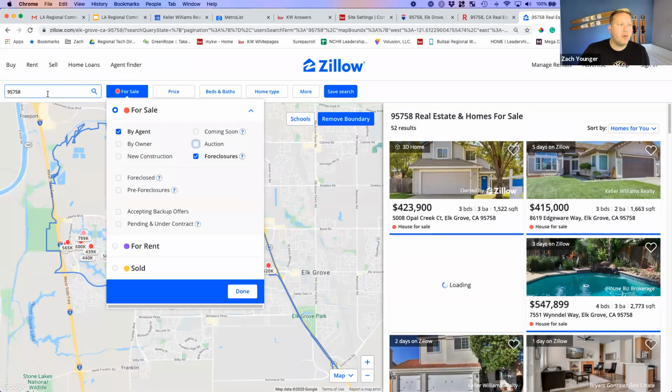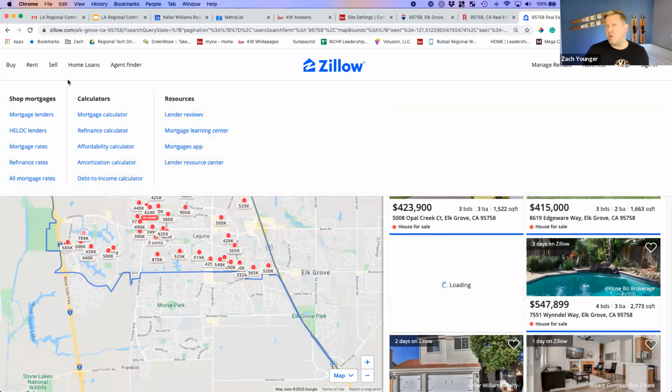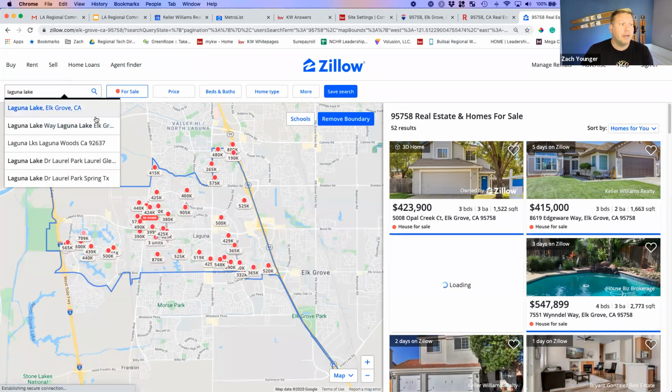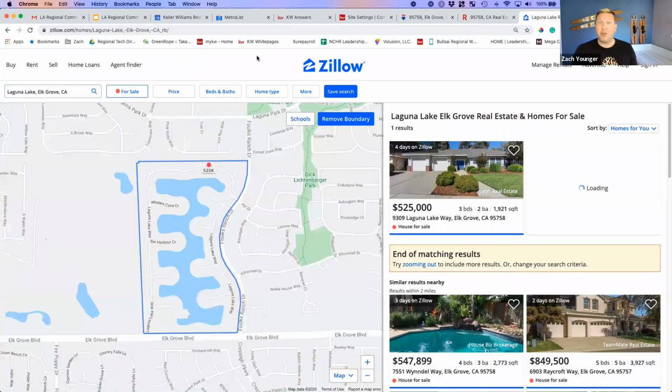And let's just say that we wanted to do a search, not for a zip code, not for a city, because all these websites can do that, but let's do a search for a neighborhood. So I live in Laguna Lake. So I'm going to come in here and I want to search for the neighborhood Laguna Lake. And what you have probably heard is that Keller Williams has exclusive access to all of the Nextdoor neighborhoods